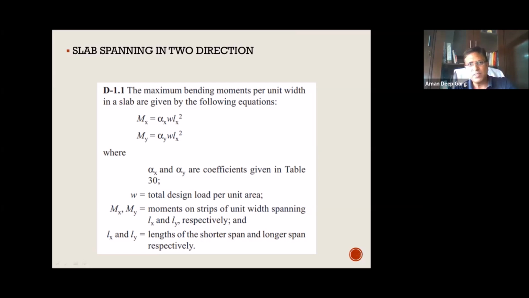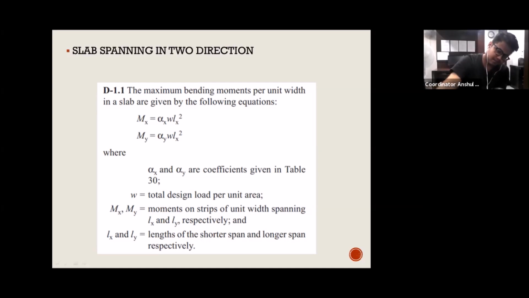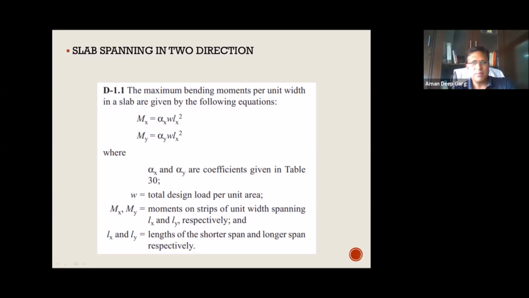Try to visualize, because it is very easy to understand, but in general in our colleges we do not understand it like this. We simply start calculating the bending moments and start solving the problems, and we do not know why and how these coefficients come and why this is the bending moment we are calculating. So I am trying to explain in just 2 minutes. Now we understand that for the 3 meter span my strip will deflect 6 millimeter.